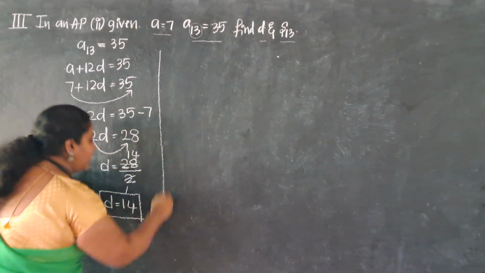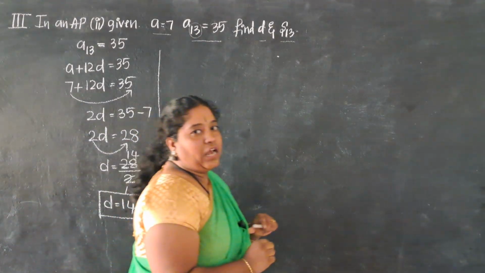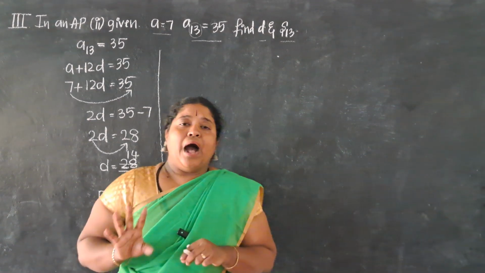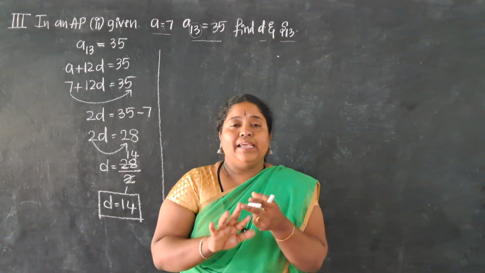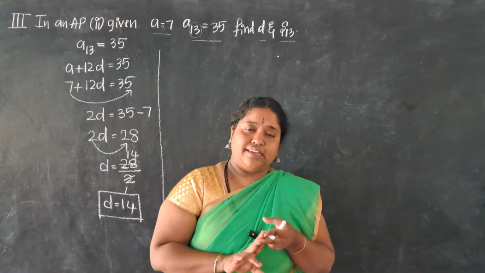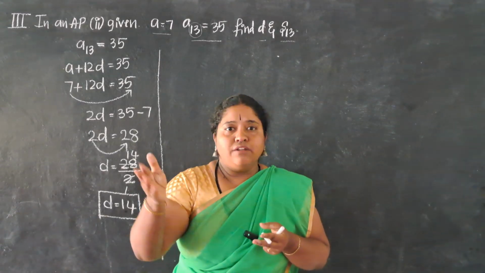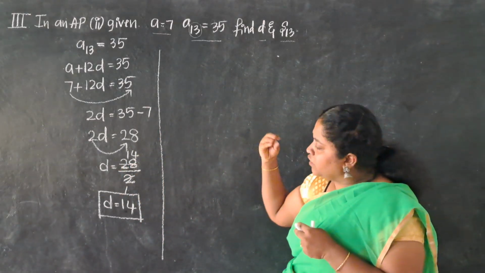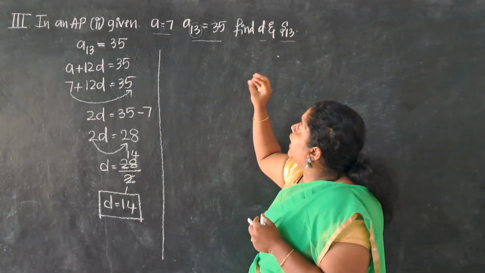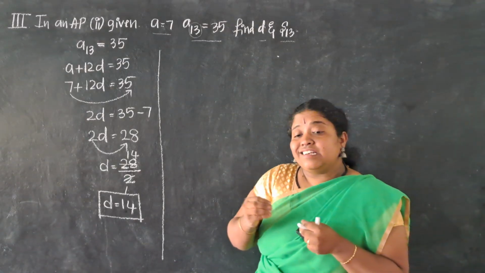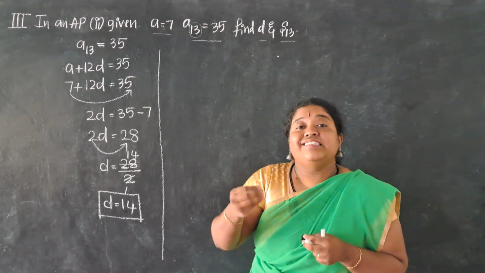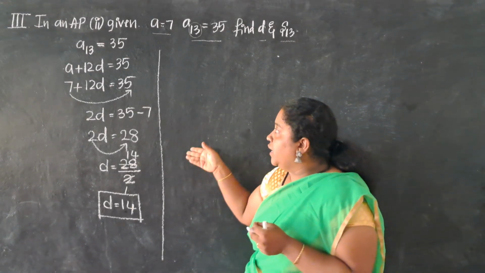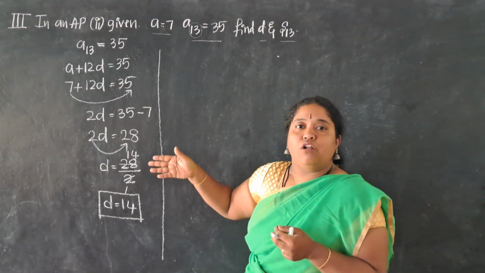Now once I get the d value, my work is to find out S13. Okay, so again to calculate S13, I have two formulas. One is with a, d, n. When all three are provided, I should calculate Sn with that formula. And when I know n, the first term and the last term, I have a simplified formula. So now which should I apply? Carefully understand. Even though we have d, a, n, everything, you have to use the simplified one, the less time consuming one. Understanding, you don't have much time to spend on this easiest question.